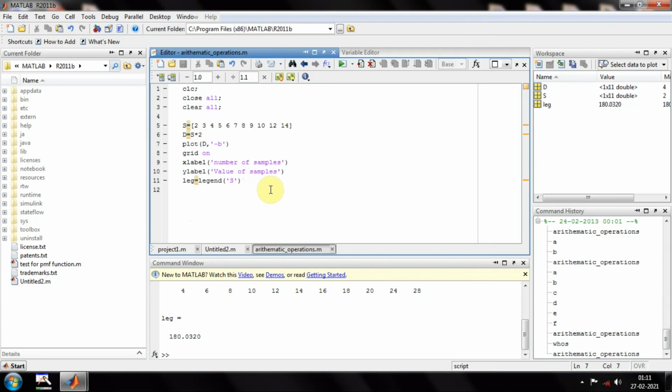I hope you got a clear idea about xlabel and ylabel. Regarding grid and all those things, we have already discussed, and regarding plot, how to change the color, font, and the different types of diagrams you can draw, we have already discussed, and you can check the playlist, you will find everything. That's all about today's session guys, and meet you in the next one. Thank you. Thanks for watching.